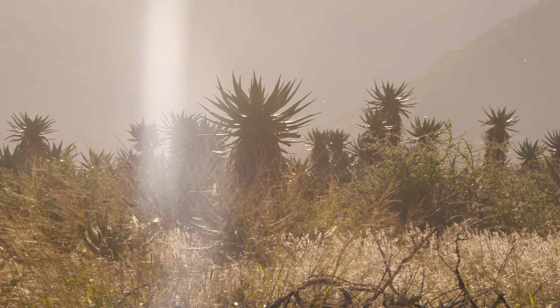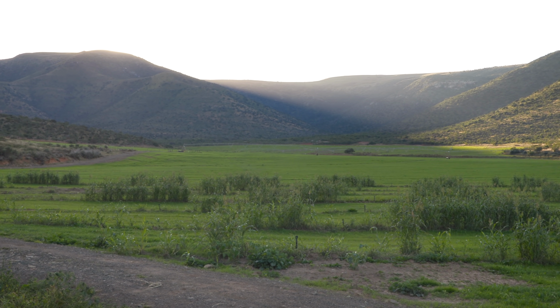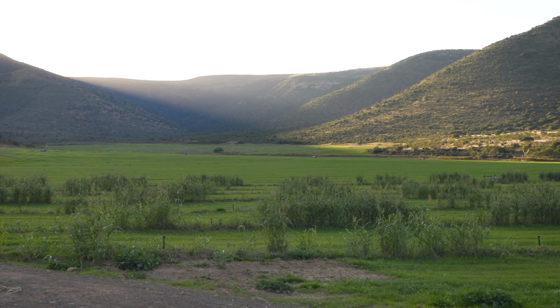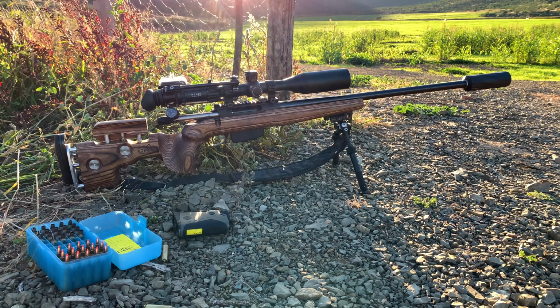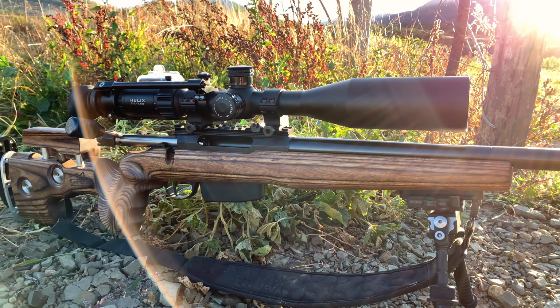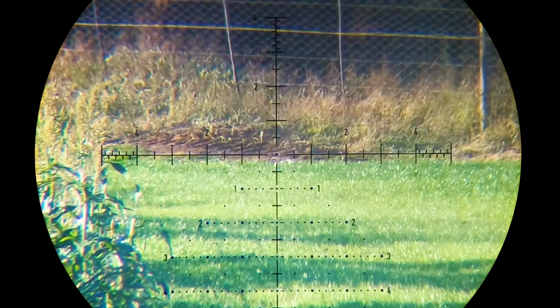This is such a typical Eastern Cape scene with the aloes and the acacia trees, and Hendrik takes us to a brand new field that has recently been converted from bushland right up against the hills. The monkeys obviously come down the hills and raid the field, so we set up on the edge of one of the fields in a prone position and wait. And sure enough,